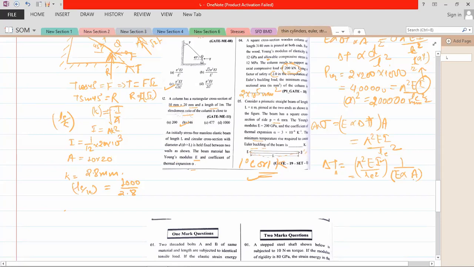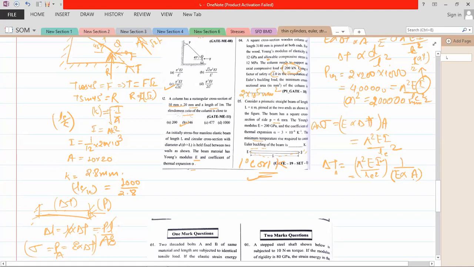So they will tend to cause the rod to buckle in this way. Now this buckling happens because of the compressive force. I just explained it. Suppose this is your constrained position of a thermal expansion, and if a temperature rise is there, then it will tend to increase the length of the section. But a compressive load is acting to resist the change in length. So this should be your change in length, but additionally a P force is acting that is trying to reduce the length by the same amount, and that is PL by AE. So if you add it, you get P by A is equal to E alpha delta T, and that is the stress. So this was your earlier condition.